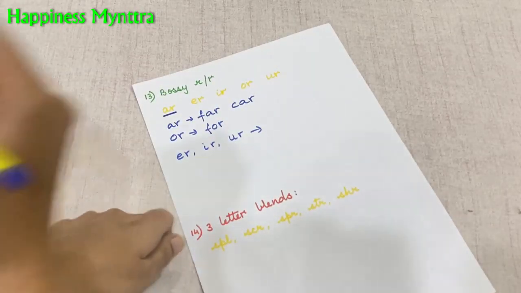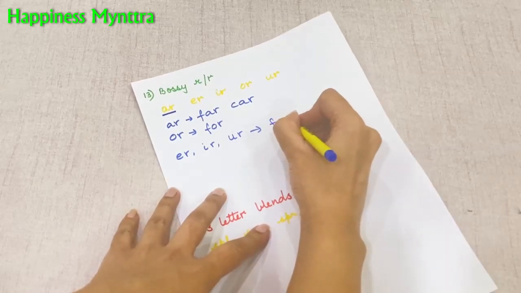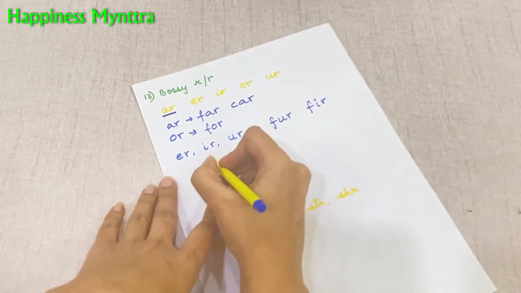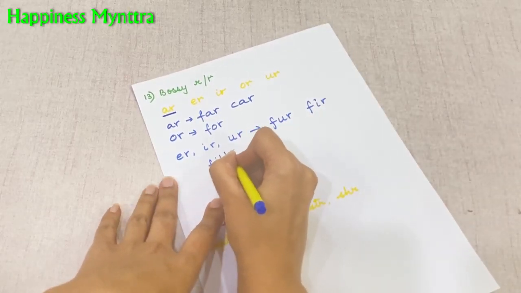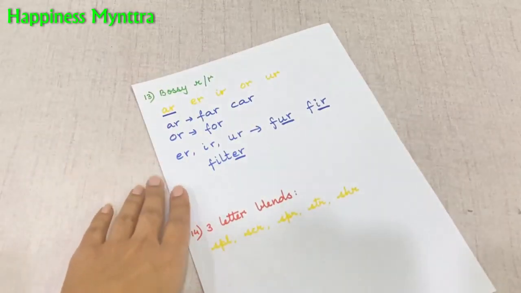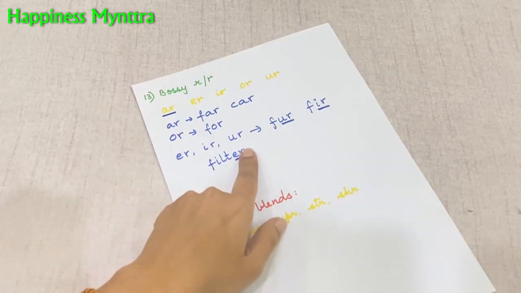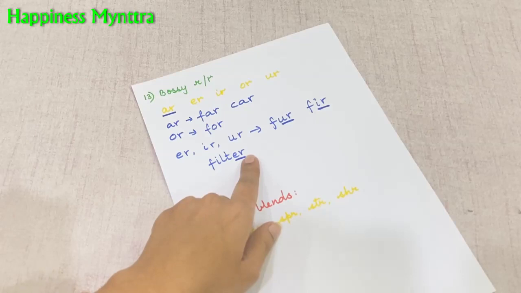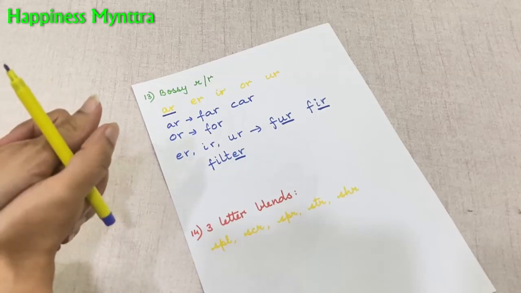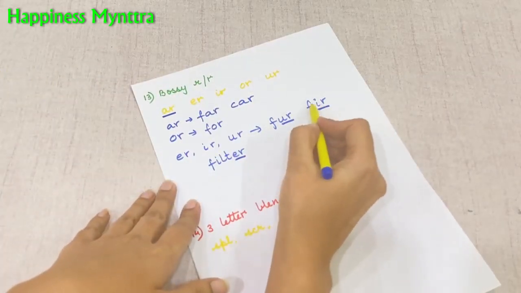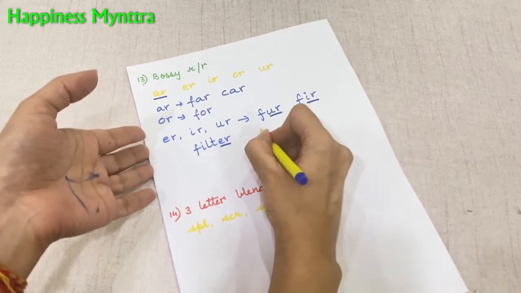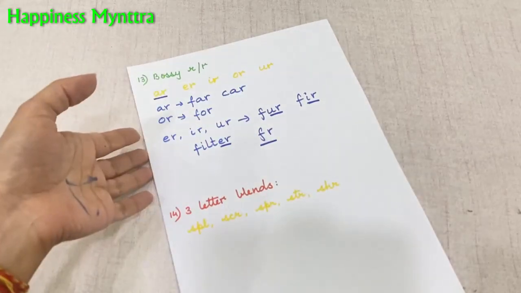For example, we'll have words like fur, fir tree, or we'll have filter. So you'll notice that when these are coming in, the sound actually is predominantly that of the R, because of which it gets a little confusing for children to spell it, especially while they are writing their spellings, since they don't hear the middle sound correctly, they often write f and r for fur. So the sound that they'll write is probably this.